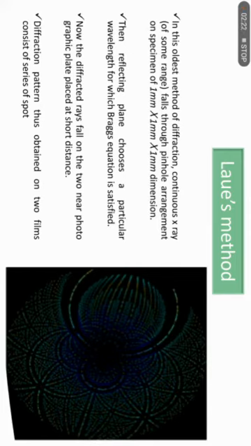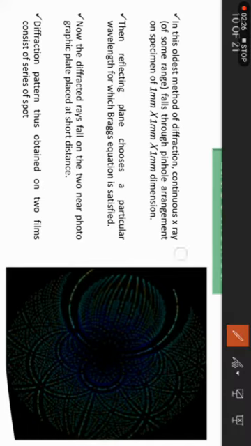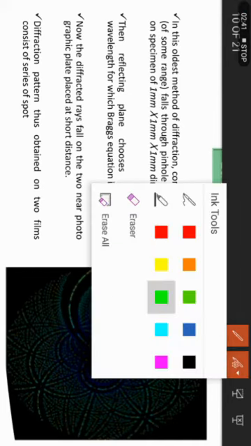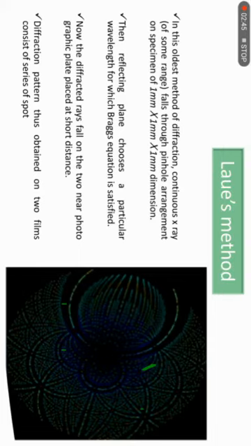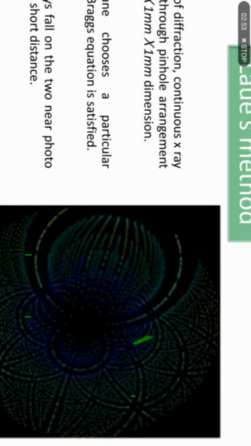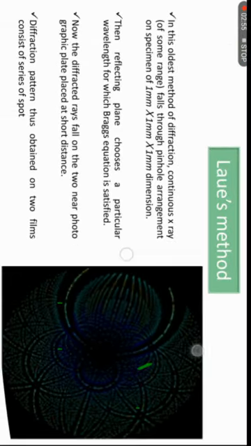Now the diffracted rays fall on the two photographic plates, which, like I told you, one is for reflection and one is for transmission. So the rays create some patterns. The reflection pattern obtained on the two films consists of a series of spots. As you can see here, this has a series of spots. These spots will help us find out the symmetries and about the crystal,